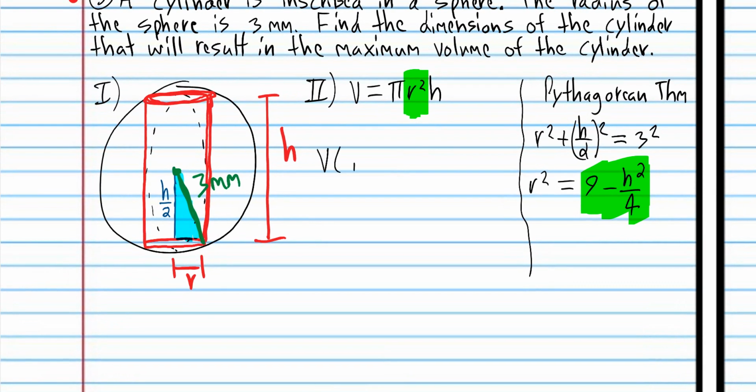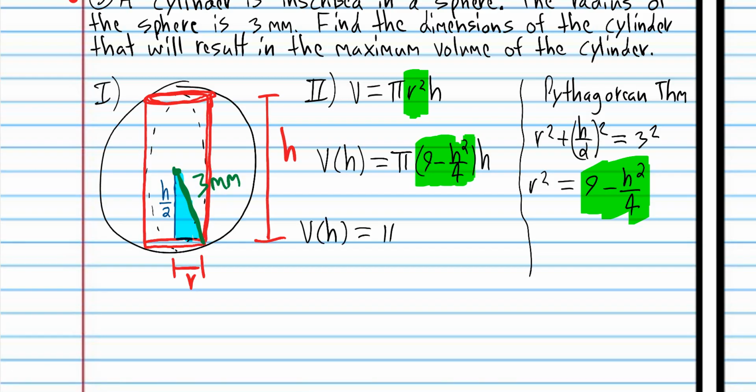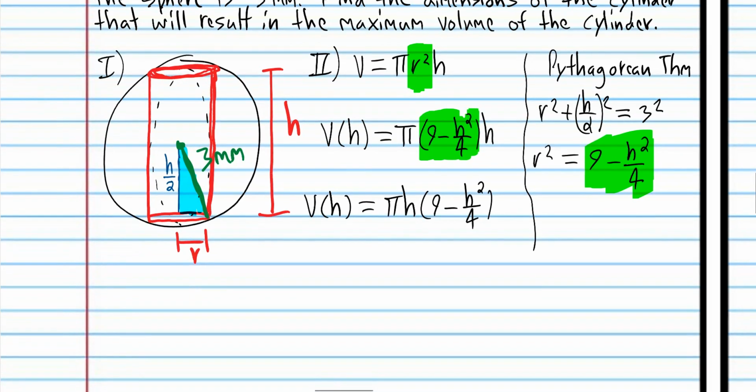Then our volume formula, written in terms of h, is equal to pi times (9 minus h squared over 4) times h. Now if you want to, you can put the pi and the h together. You don't have to show that step, but it sometimes confuses students when you have a blue number on the right and on the left. So if you put those together, then you use the distribution rule, multiply that by 9, multiply that by this,